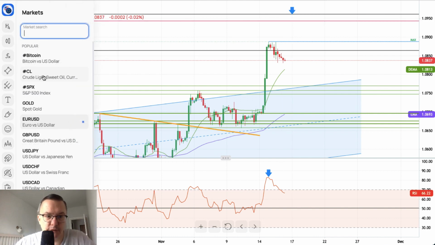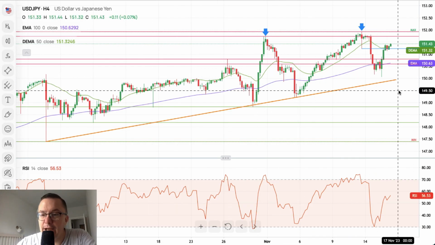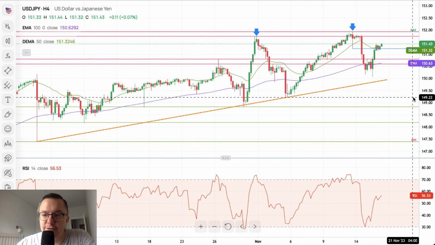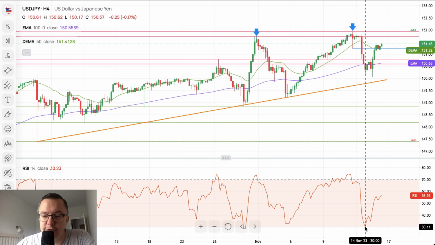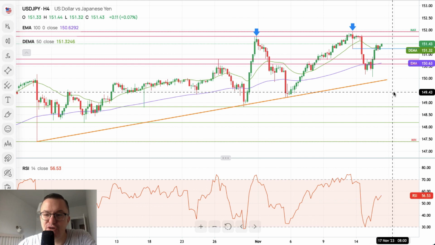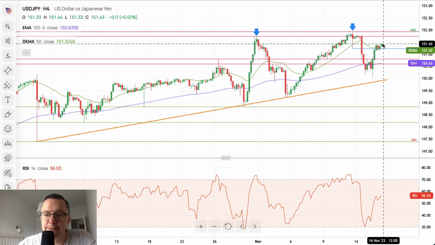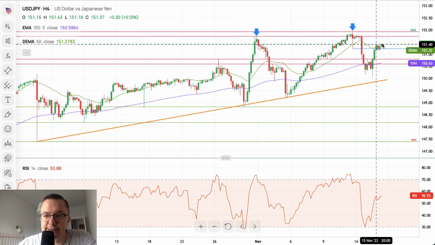Let's find out what's going on with the dollar to the Japanese yen. And now we got a bounce. We got a bounce on this 4-hour chart from the extremely oversold market conditions. Right now we broke back into the positive territory. The RSI is 57 points. We broke above the intraday technical resistance 151.24, and the market is testing yesterday's high at